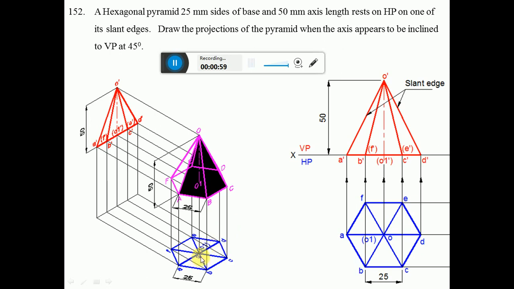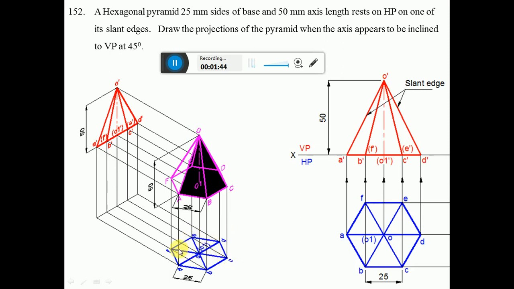This position is called the corner position. When you look from the top view, A, B, C, D, E, F are the base edges which are near to the observer and visible. So, A to B, B to C, C to D, D to E, E to F and F to A are all visible edges, so you mark them. Then O is at the center, and each end point of the edges has been joined to the apex point, that is A to O, B to O, C to O, D to O, E to O and F to O.